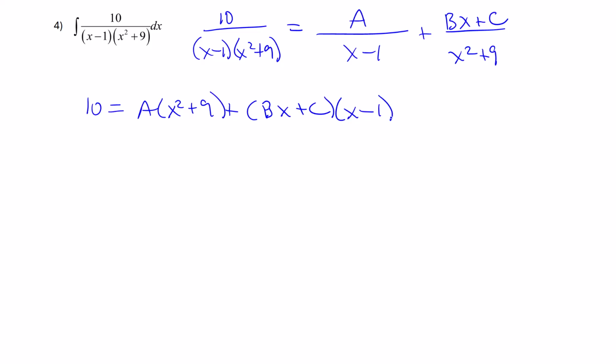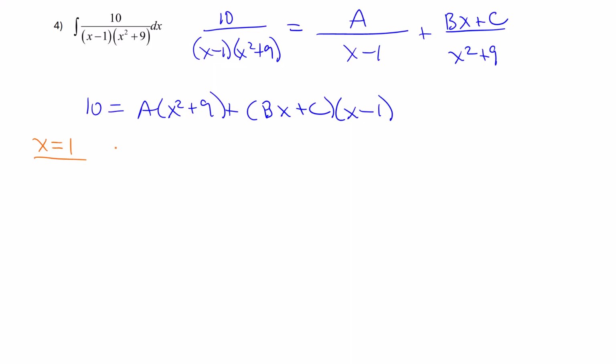After clearing those fractions, we move on to our method as demonstrated previously of picking convenient values for x to substitute in here, instead of expanding everything, which is an option. So let's say x is equal to 1. Notice that would drop out the second term because of the x minus 1 factor. That would turn it into a 0 and drop out everything with it,